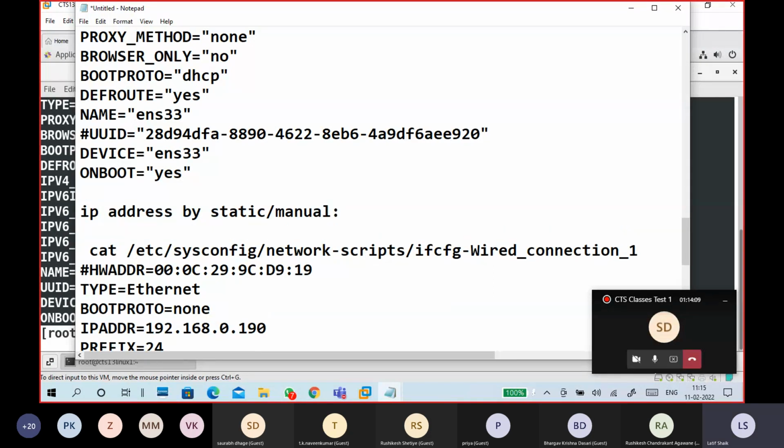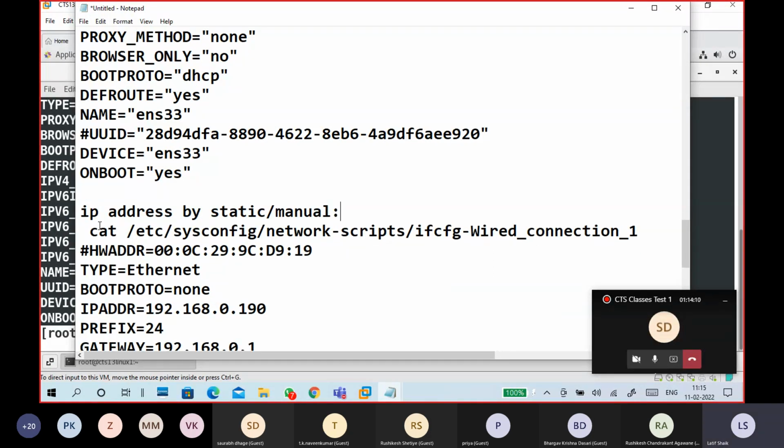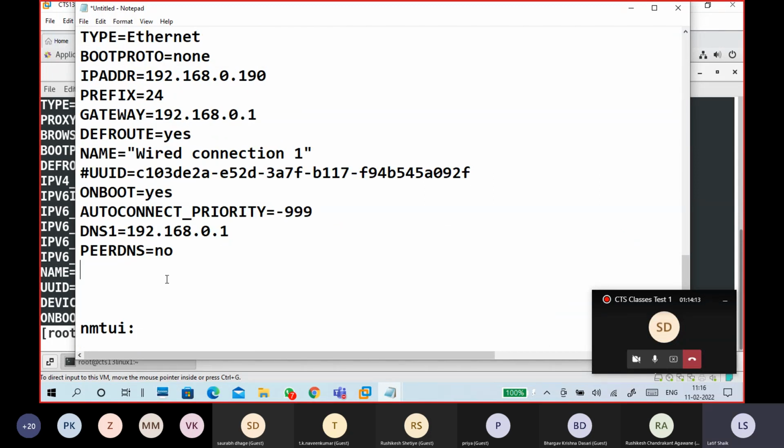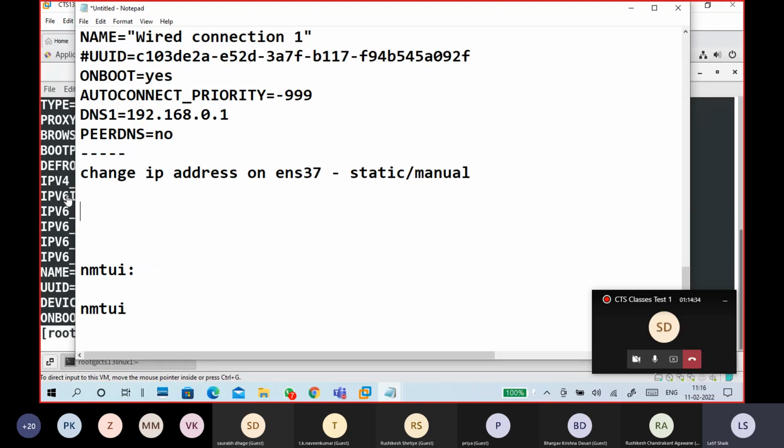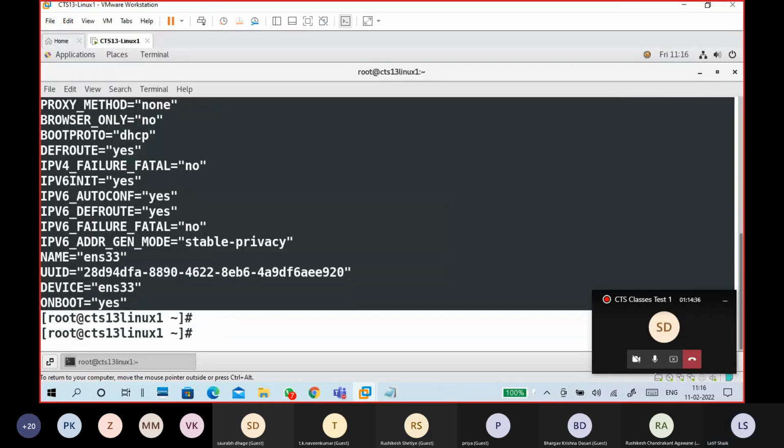So the configuration looks like this one. Now how to change it? I'm going to change the IP address on ENS37 to static. Again, it is static or manual. So we'll see how to change it from here.